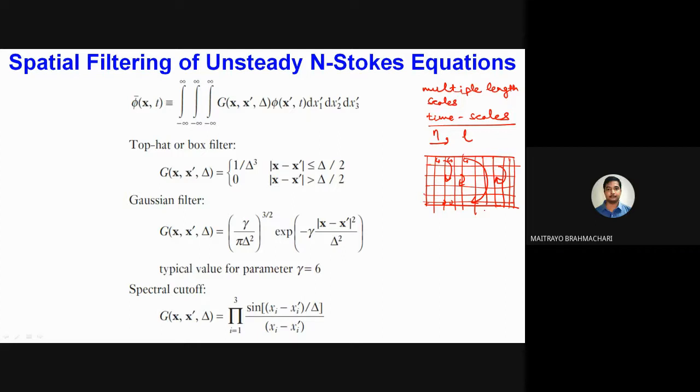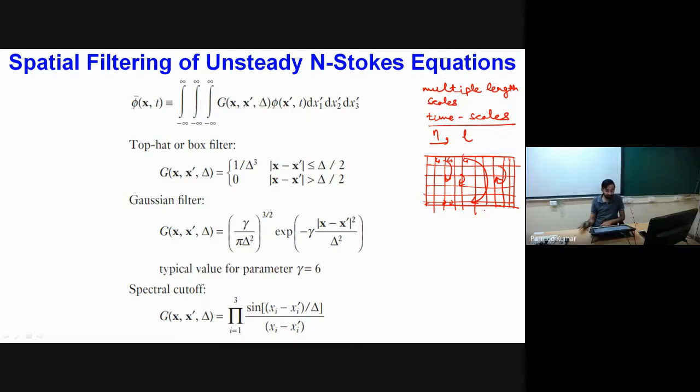Yes, sir. Now what we have to do, we have to understand one by one what our filtering criteria will be, and how to do spatial filtering of the unsteady Navier-Stokes equations. Here we will not use the concept of averaging the governing equations, like we did in the case of RANS. Rather, we will do spatial filtering of our entire domain, and based on this spatial filtering criteria we will try to include only the large eddies along with the main flow.